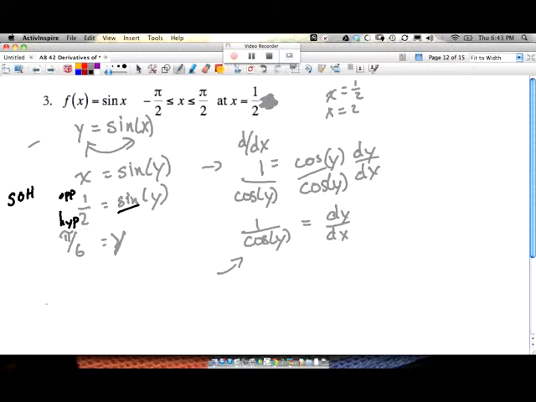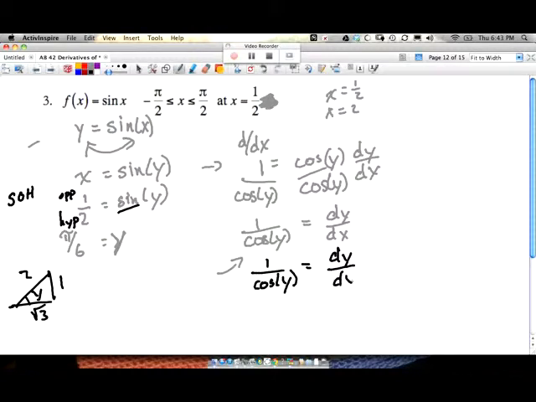So if I were to draw my triangle, my opposite would be 1, my hypotenuse would be 2, and then down here, this other side would be square root of 3 using the Pythagorean theorem. Here's my theta. Or it's actually not theta, it's y, because that's the angle that we're plugging in. So this is y. So over here, when I say 1 over cosine y equals dy dx,